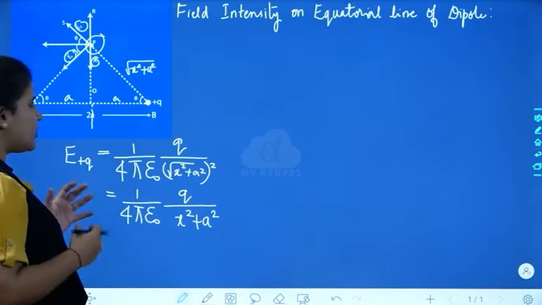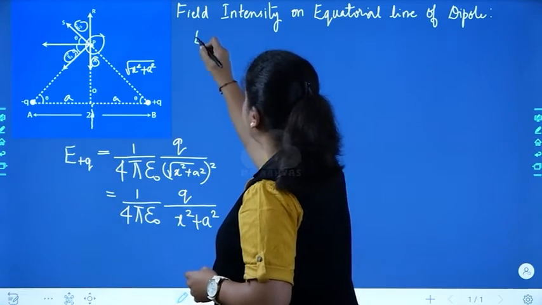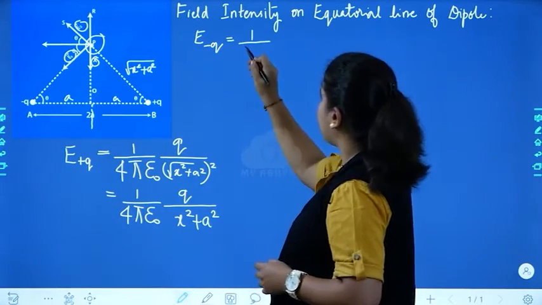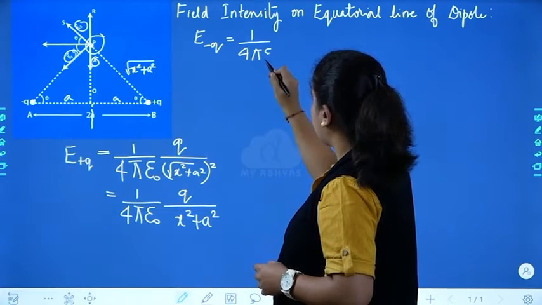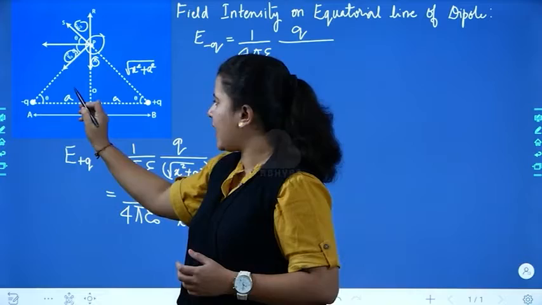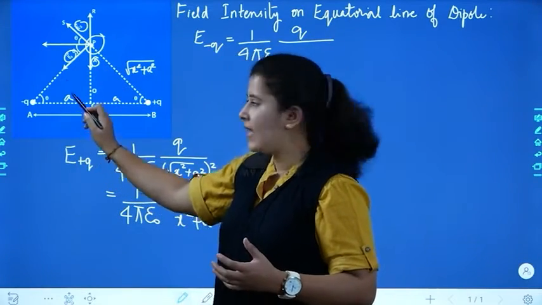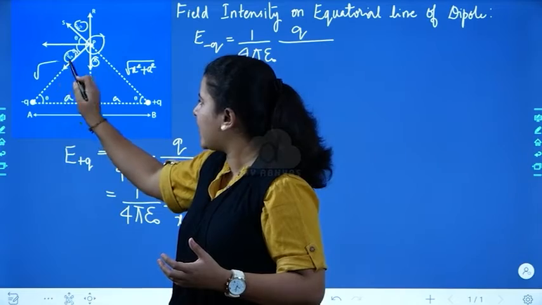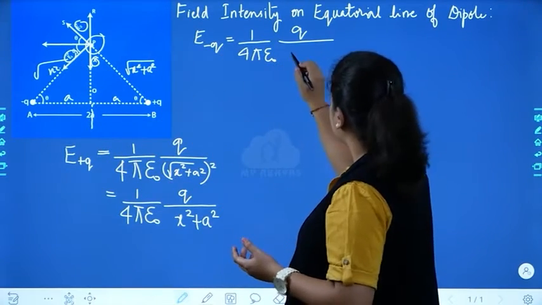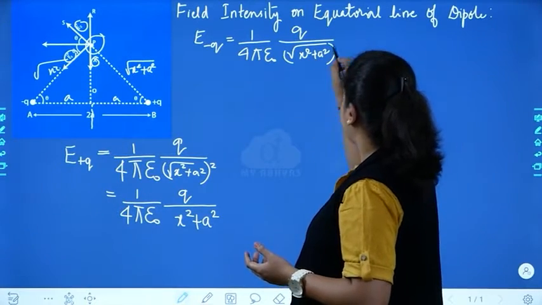So now moving on to the charge of minus q, what do I get? Okay, so that is E of minus q, which is equal to 1 divided by 4 pi epsilon naught q divided by, again the same. Here I have a, when I consider this triangle, here this is a and here it is root of again x square plus a square. So similarly I will be writing here root of x square plus a square whole square.